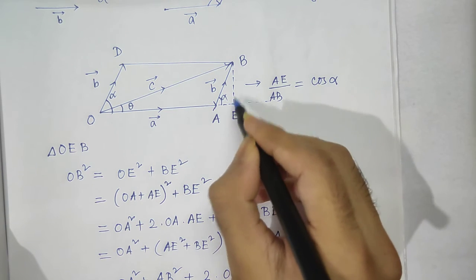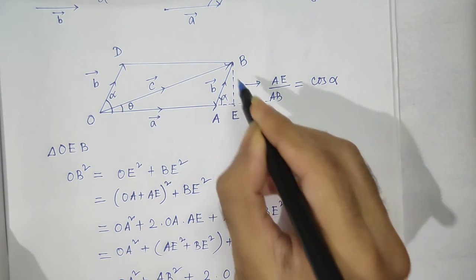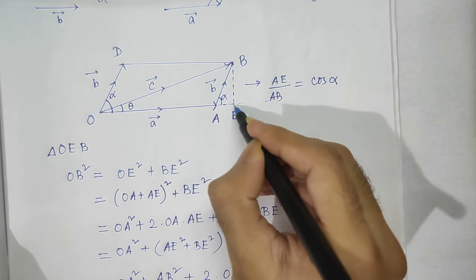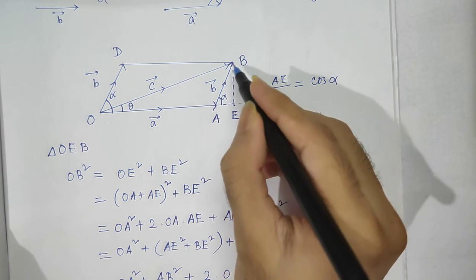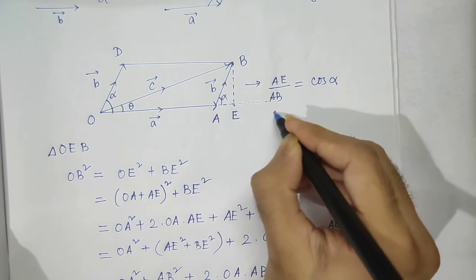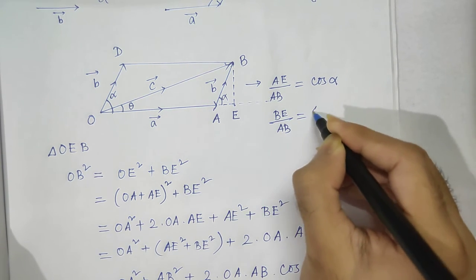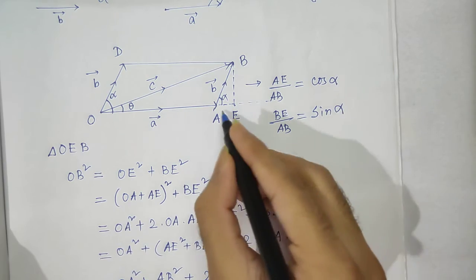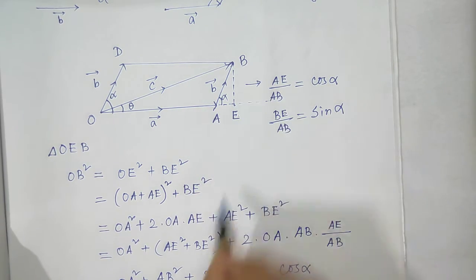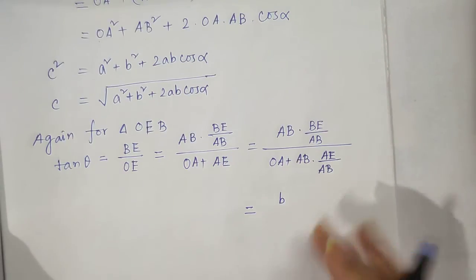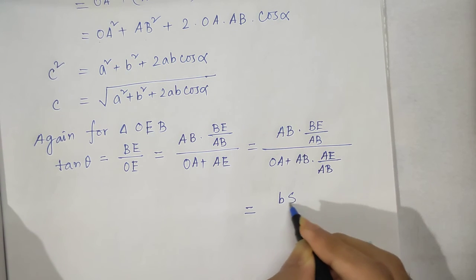This length BE divided by AB will be sine alpha, right? For this triangle AEB. So b into sine alpha,